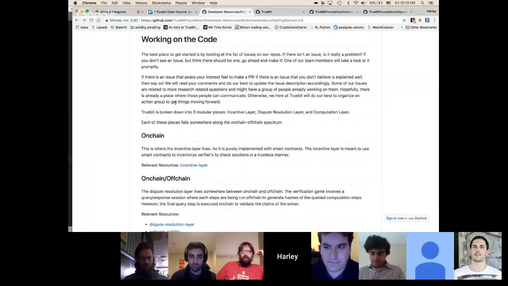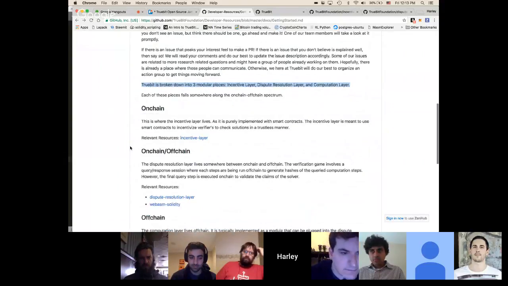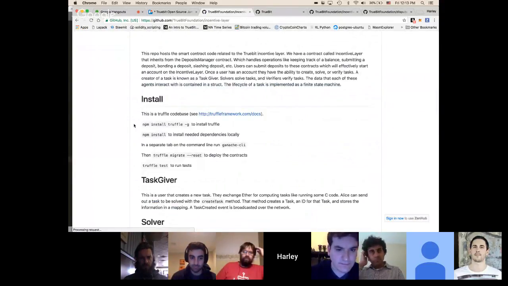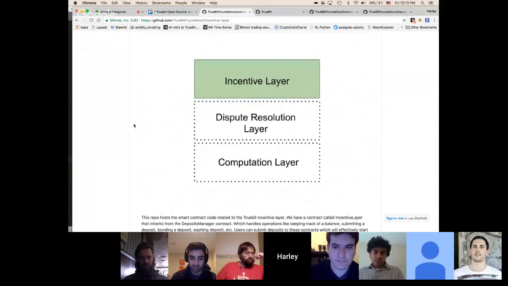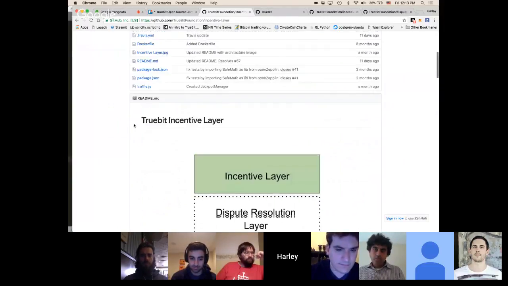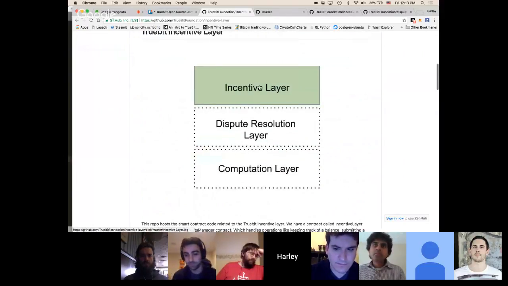I think one thing we should highlight is that Truebit is broken up into 3 pieces. Let's just go to this one. I have these little diagrams laying around on different repos to give you a landmark to see where that repo belongs in our overall architecture. So we'll start with the incentive layer, and that's the topmost piece. You can have these different pieces act independently. And the idea is that eventually one Truebit system will be the combination of all these 3 pieces. But we are working on these pieces independently, or in parallel.